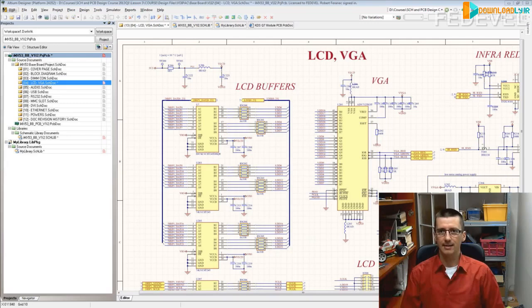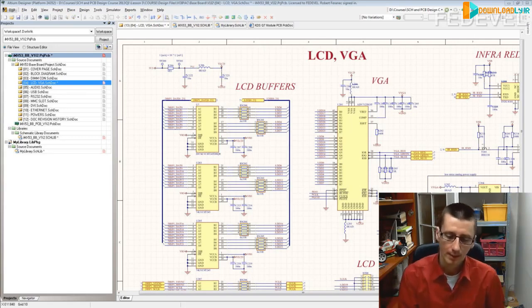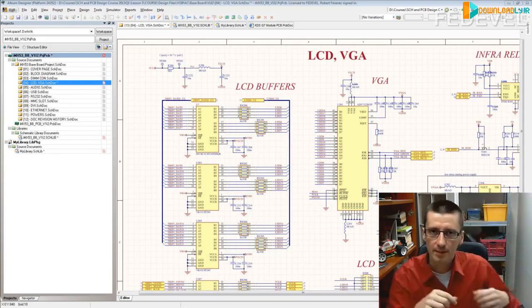So in the next design I actually have not separated anything, just full common ground for the analog and the digital circuits. And what do you think? Nothing again. Everything worked. And actually it was even better than the previous design. How do I know? Because with the first design